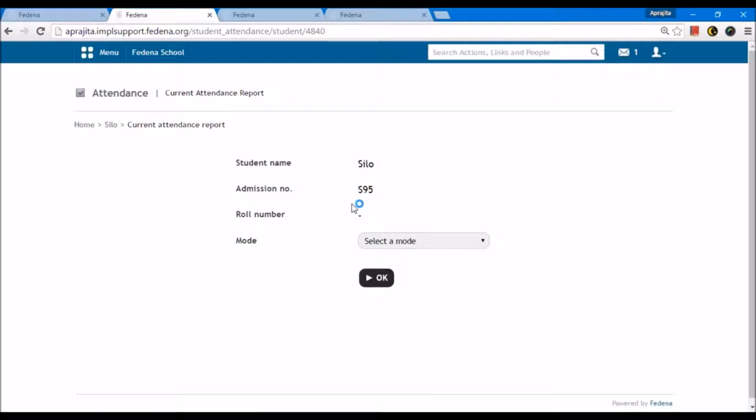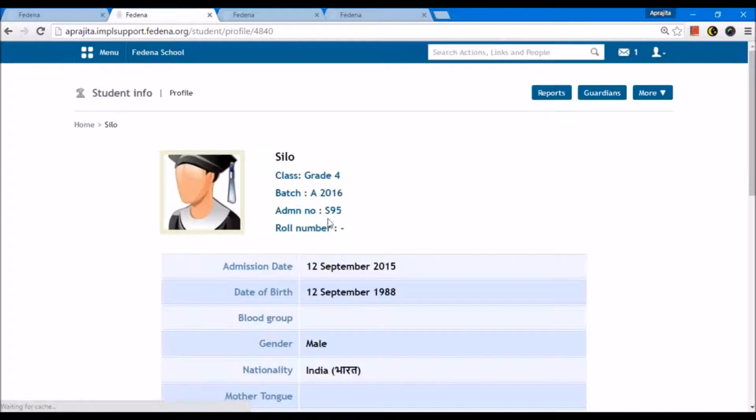Attendance report will show how much the attendance student has got. We can check that overall or monthly. So it shows the total working days if it is daily wise attendance and how much the student is present for and the final percentage. If it is subject wise, you will also have to choose the subject here and you can check the report for that particular subject. You can do that by selecting each subject. So this is how the student and the parent view will look like for reports.